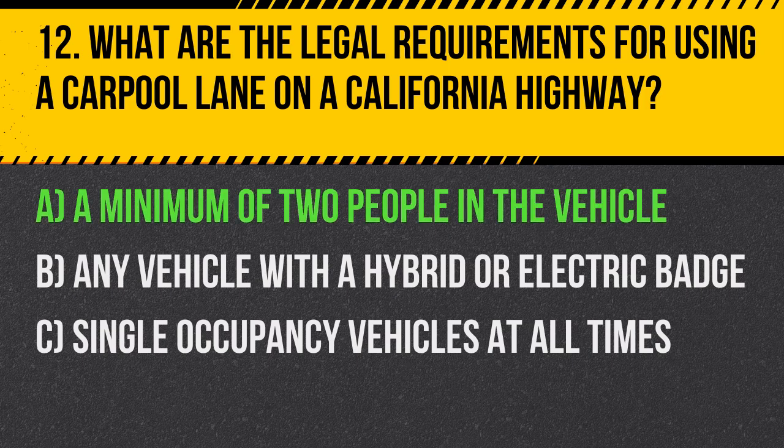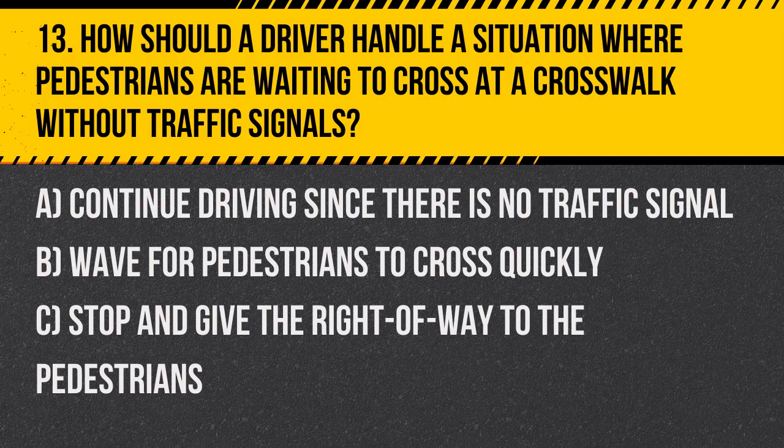Answer: A. A minimum of 2 people in the vehicle. Carpool lanes require at least 2 occupants in a vehicle, unless otherwise posted. Question 13. How should a driver handle a situation where pedestrians are waiting to cross at a crosswalk without traffic